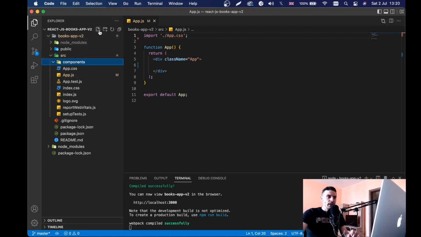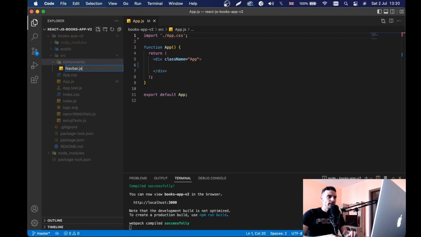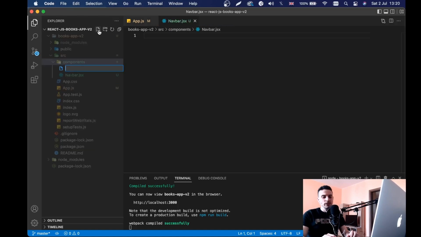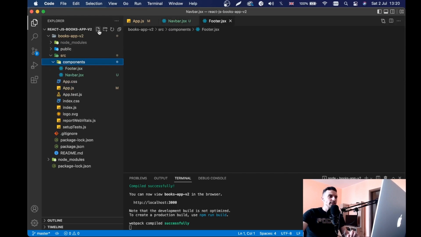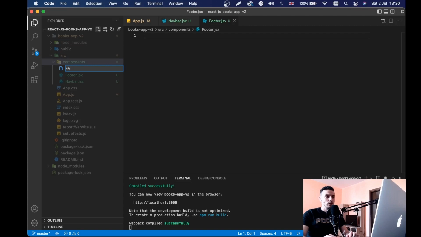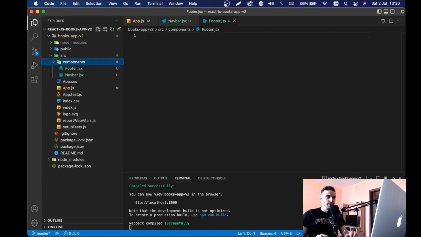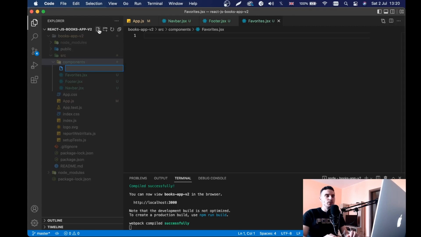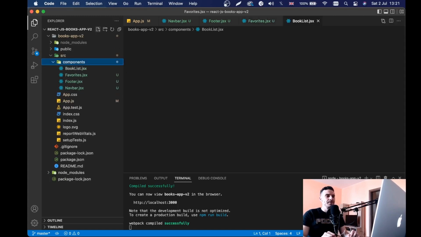And the first component we will create is navbar.jsx, okay? Then we will also create the footer. So footer.jsx, we will create one component called favorites. That will be the page showing the favorites we have added. All right, and we will have a page which will be I'll say book list. So BookList.jsx. Okay,